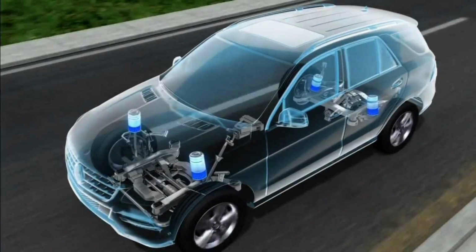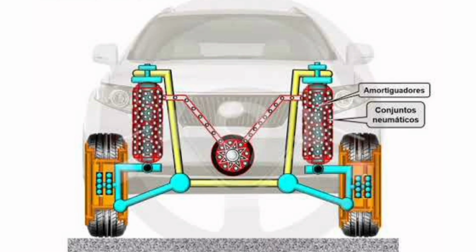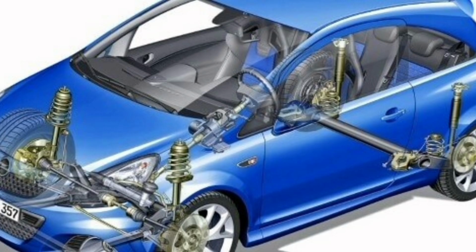5. Sensors. Monitor driving conditions, such as vehicle speed, acceleration or load, and provide feedback to the control system to adjust the suspension as needed. In addition to the components mentioned, the air suspension can also include other additional elements to improve its operation and performance. These may vary depending on the manufacturer and model of the vehicle. Some of these additional components can be: